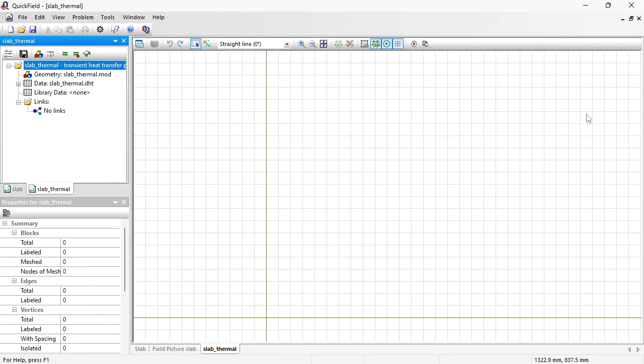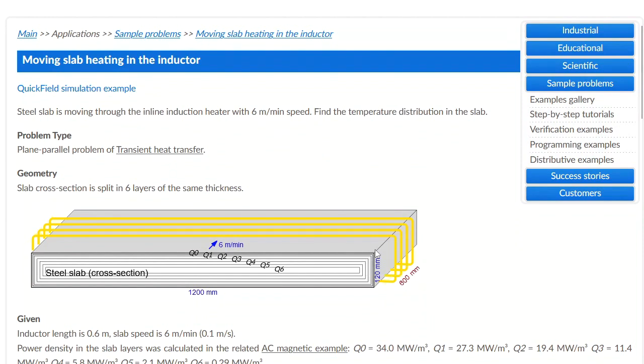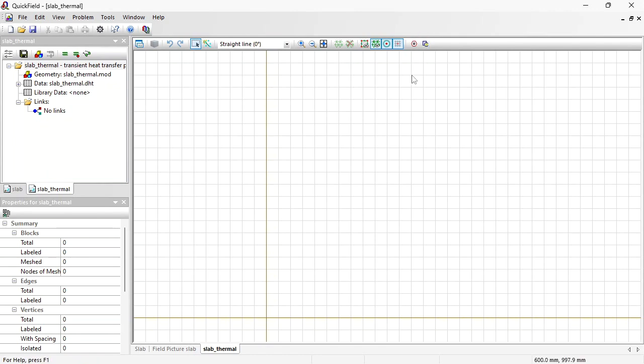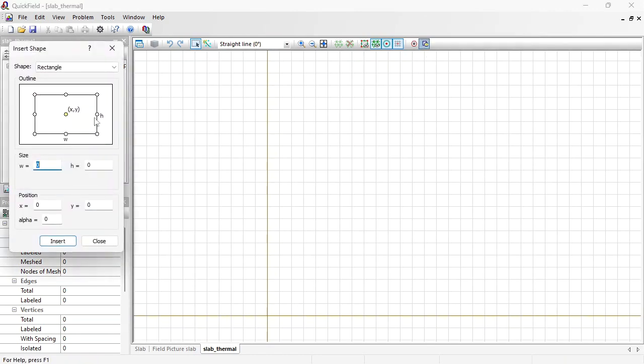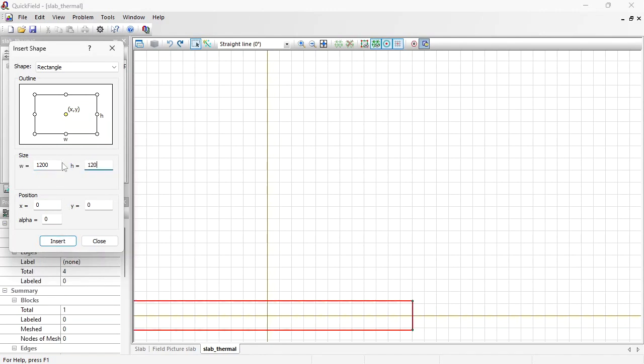In the geometry model, I should draw the cross-section of the slab. This one. So in QuickField, I insert a rectangle with the dimensions 1200 millimeters by 120 millimeters. Insert. And remember that the power distribution in the slab is not uniform, so I have divided the slab into layers. Let's insert a smaller rectangle with the dimensions